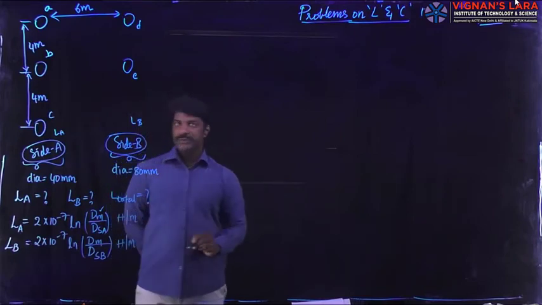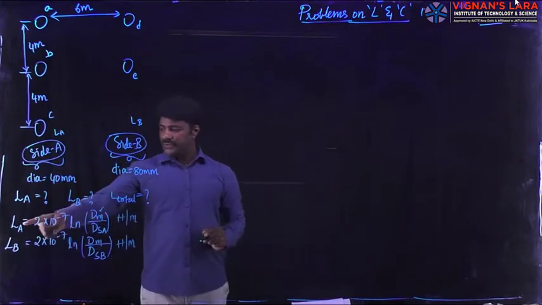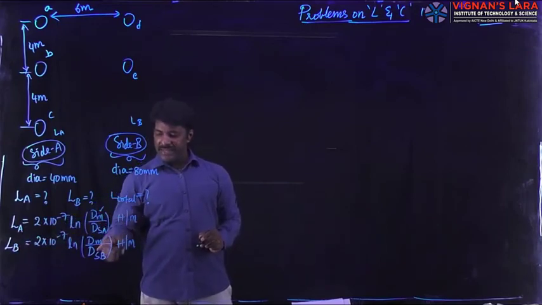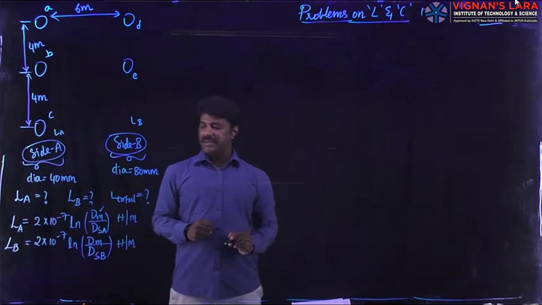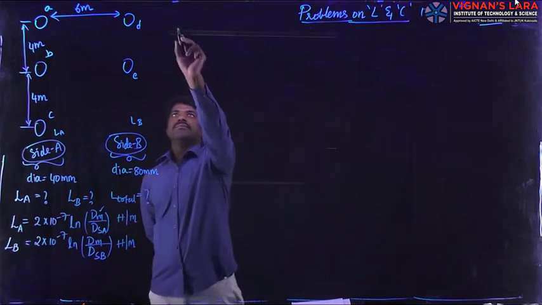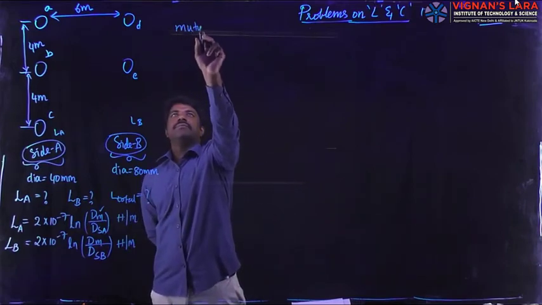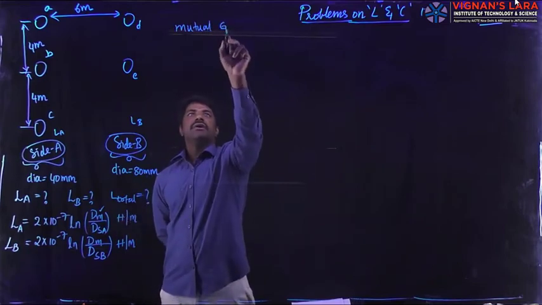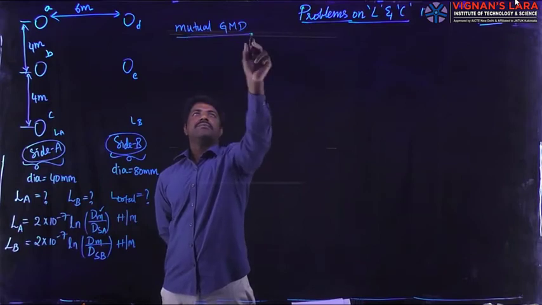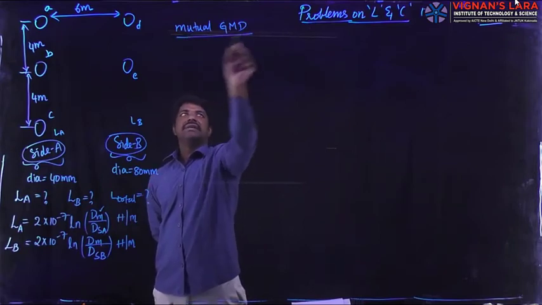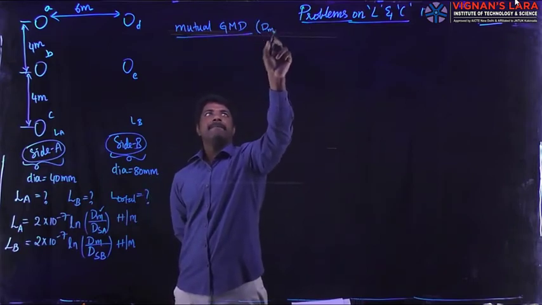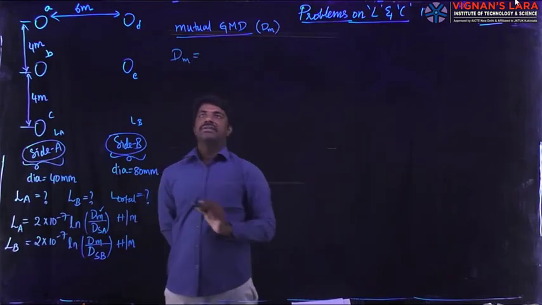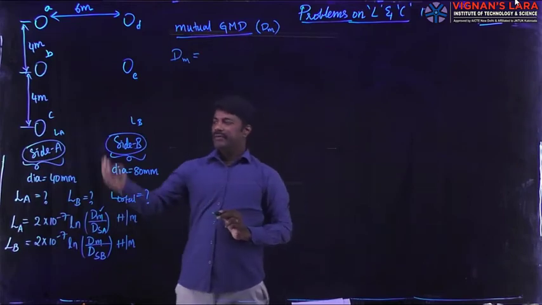This is our objective. So to find out the magnitudes of LA and LB, one should know the magnitudes of DM, DSA, DSB. In the first step, I am going to calculate the mutual GMD, which will be helpful for both LA and LB. So I am going to calculate first the mutual GMD, whose value is DM. As per the theoretical knowledge, we know that the mutual GMD is nothing but between side A and side